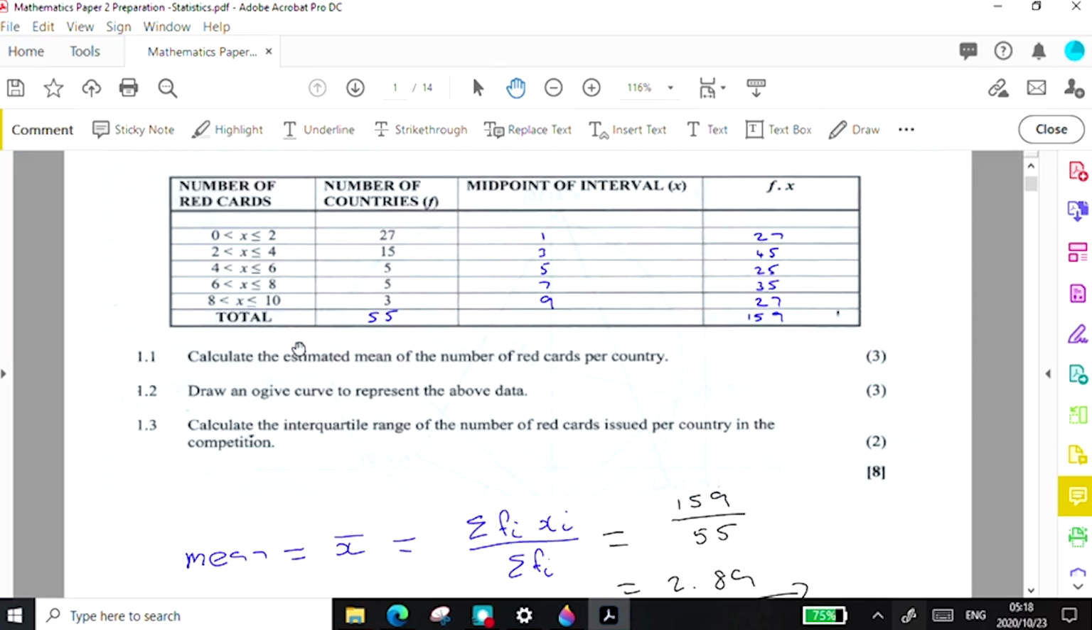We are also required to find the ogive curve representing the data. To draw an ogive, we need what is known as a cumulative frequency. To find the cumulative frequency,